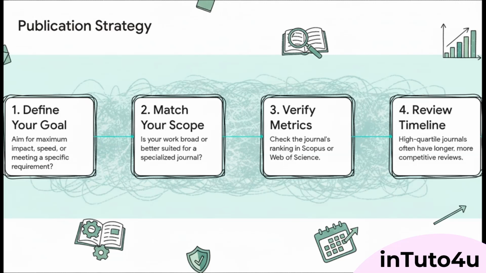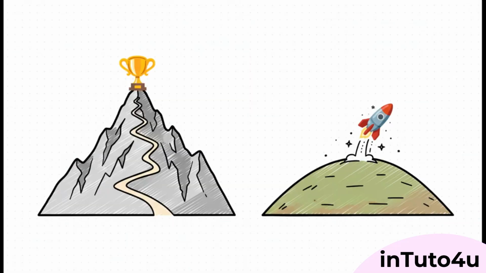Plan for it. This really brings up that classic strategic choice, aiming for Q1 versus Q2. Think of Q1 as the high-risk, high-reward play. It's the biggest prize, but it's also the toughest fight. Q2 journals, on the other hand, are still incredibly valuable and high impact, but they often have a faster, more flexible review process. Honestly, for a lot of researchers, a smart publication in a Q2 journal can be a huge